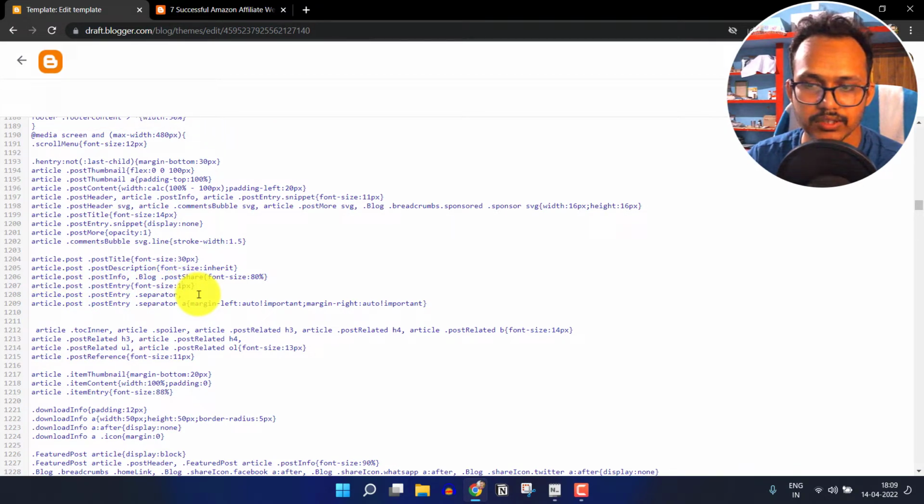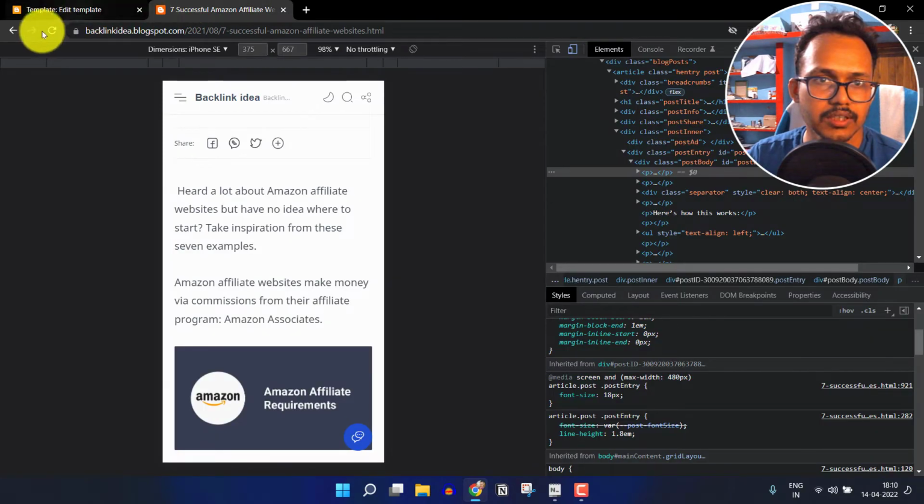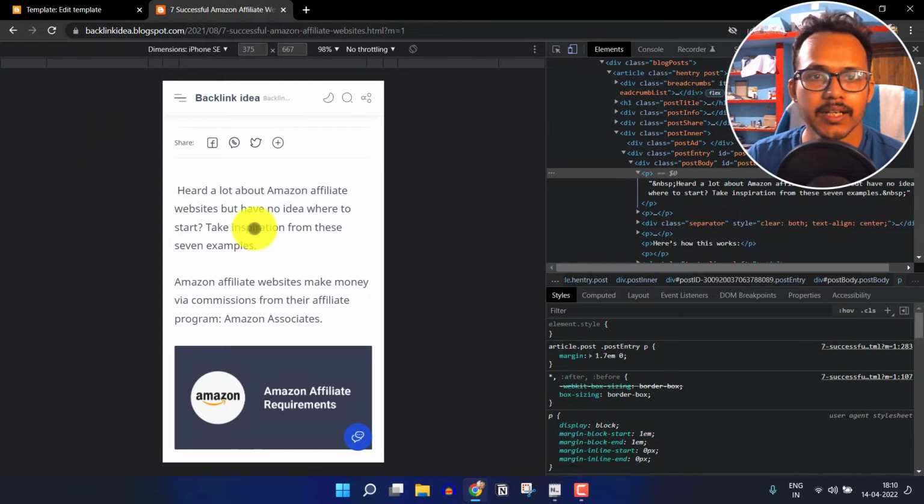So let me just change it to 18 pixel. Now let me just save this. Now let me just refresh this page, and as you can see the post font size is increased in the mobile devices also. So I have shown how to increase the font size in Blogger website in two different themes,